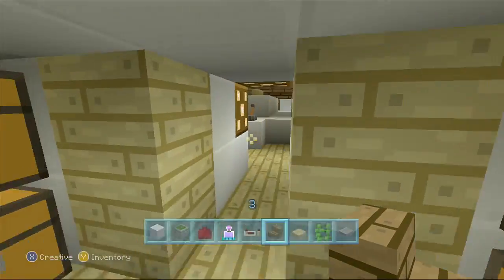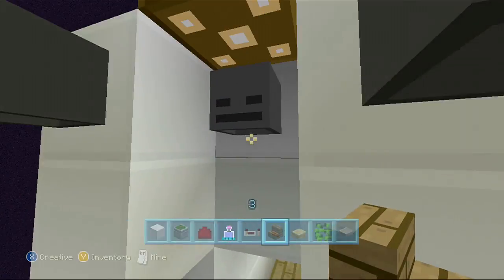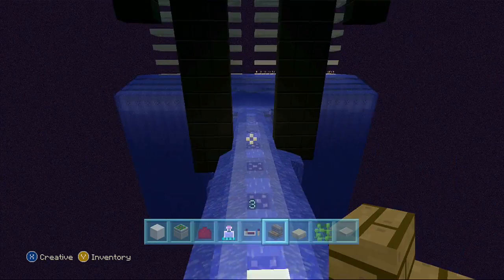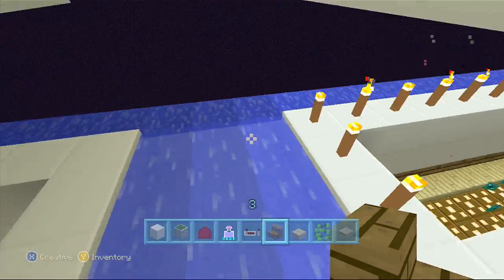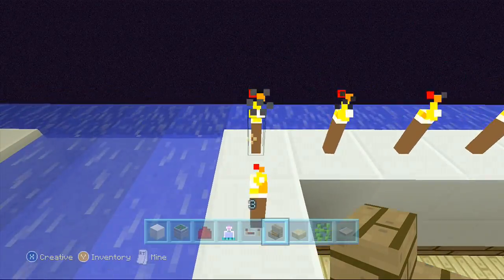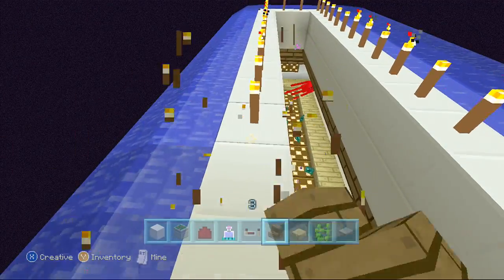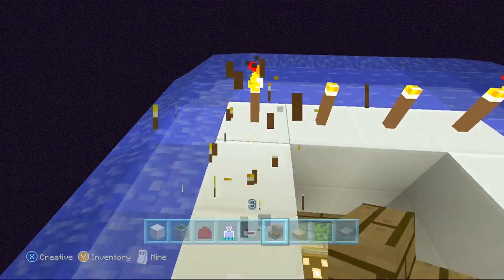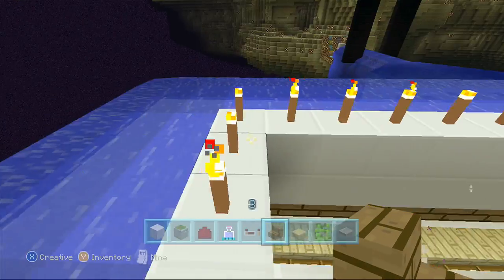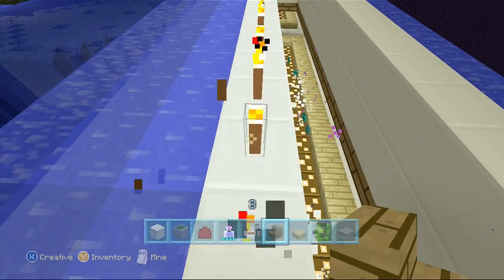And one more thing that you want to do, before I end off this episode, is cover the whole top of it. You can get rid of these now, I just had those there so they wouldn't spawn up there. But you want to cover the whole entire top of it with water, so when they are in their mode